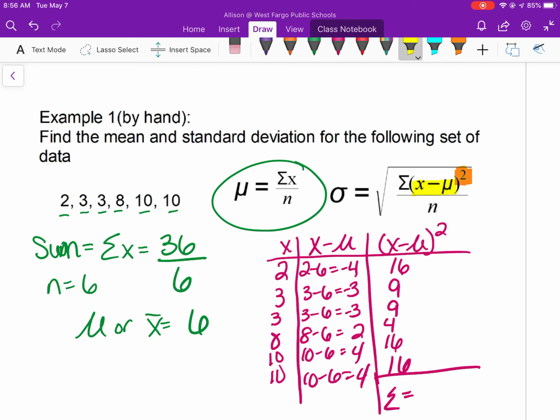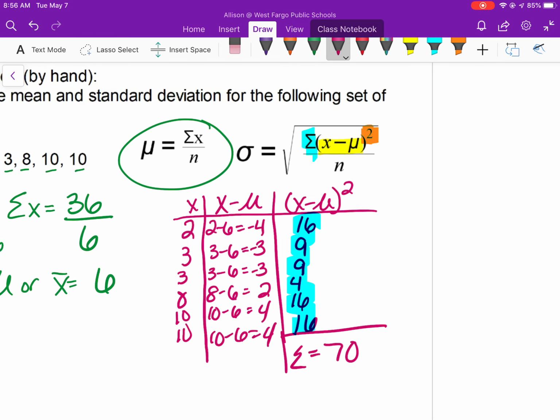So in the last step, we are finding the sum of all of these numbers that we calculated. And that adds up to 70. So then this top part, I got the sum of all of the differences in the mean squared is 70. Divided by n, and remember that n was the total number that we had. So n was 6. And so if you take 70 divided by 6 and then take the square root of that, you should get about